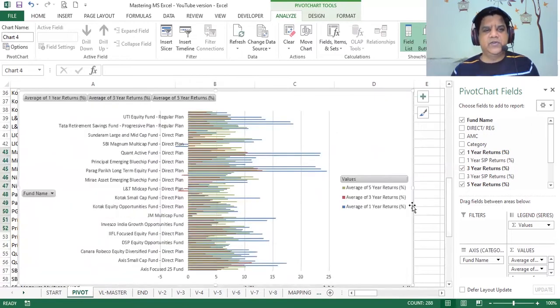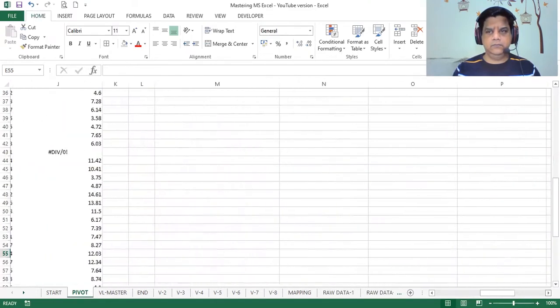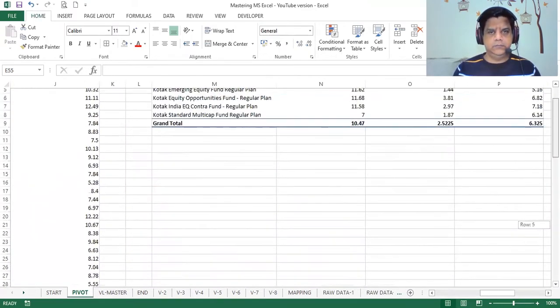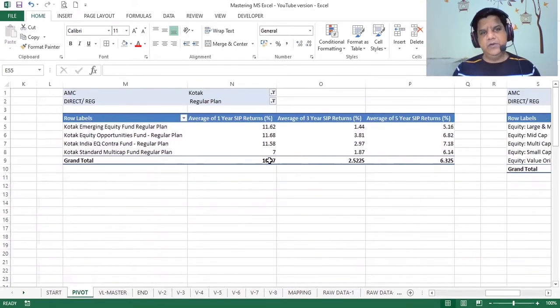Now the point is, because so much data is there in this, the chart is not at all clear. So we normally do not do charts for data like this. Where do we do it? Let me show it to you. So let's go here. Let's say this is a data point which is available to you.